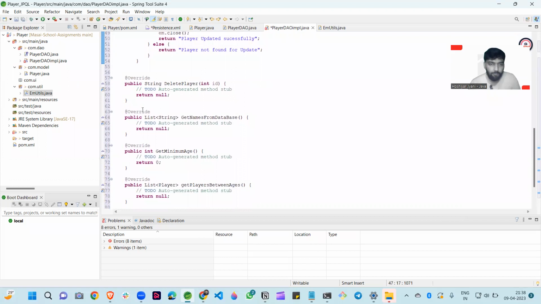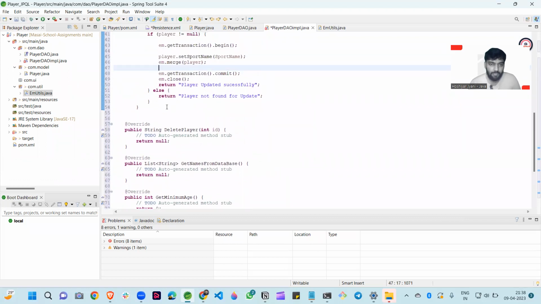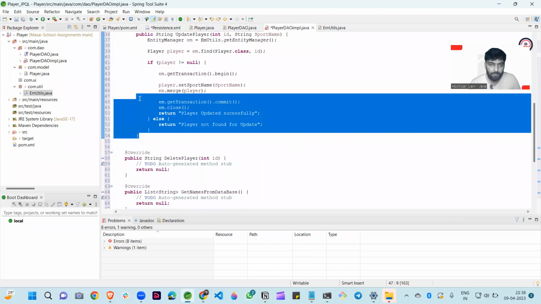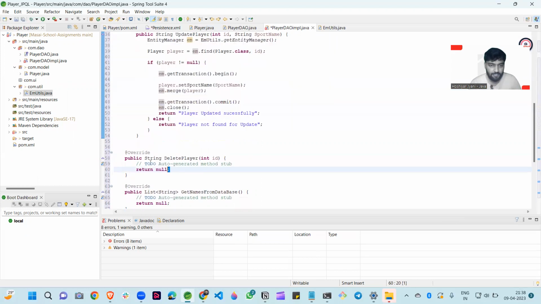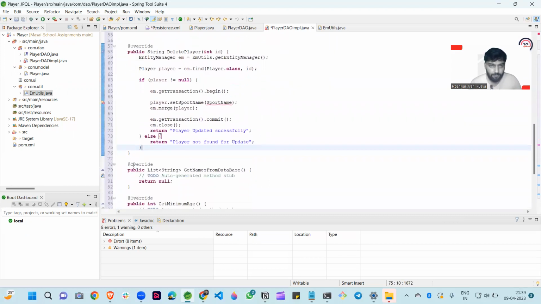After that, one method is deletePlayer. Same thing, guys, we are performing the same thing here. I copied all of this from above and I am making small changes. You can see here the entity manager em finds the player. If we want to delete any player by ID, it is necessary that this player exists in the database or not. If it does not exist, we can simply say "player not found for delete", and otherwise